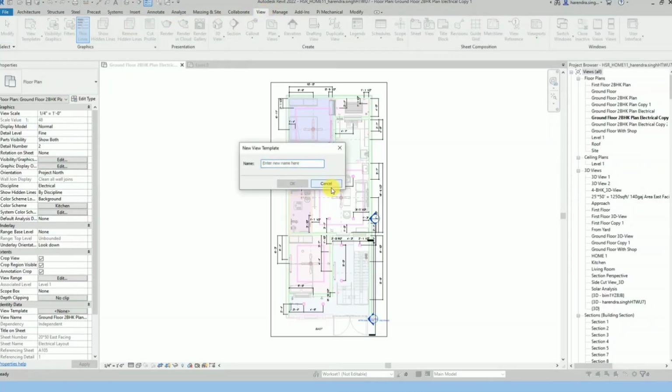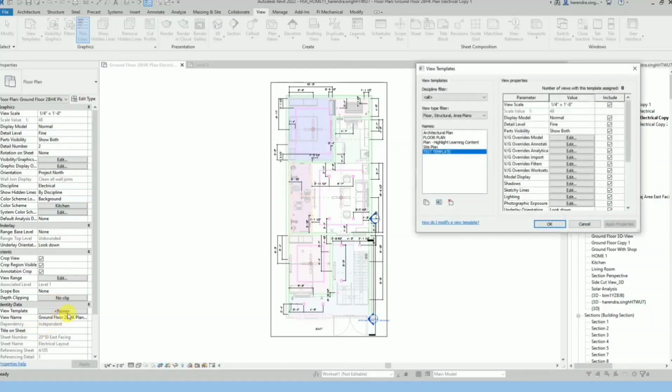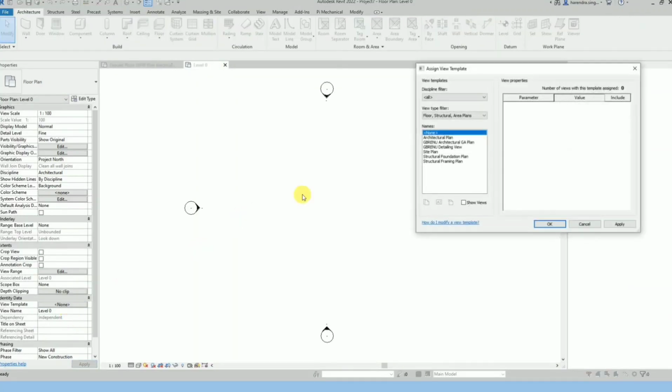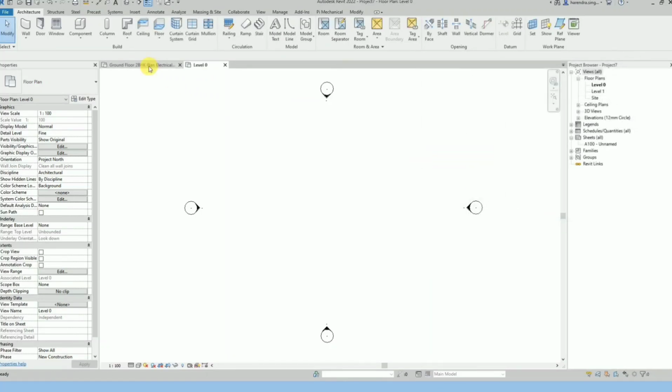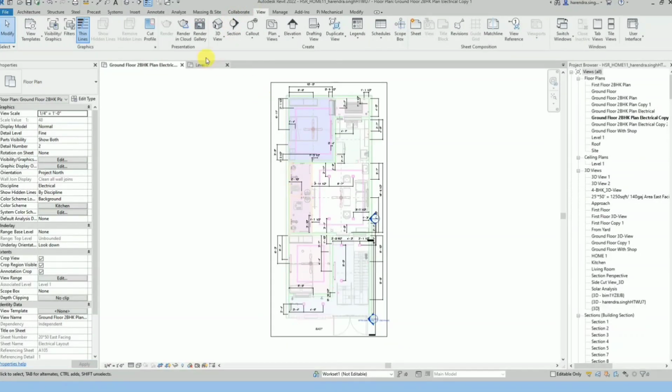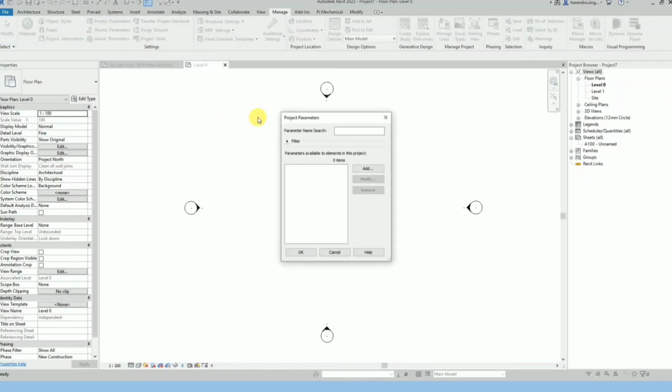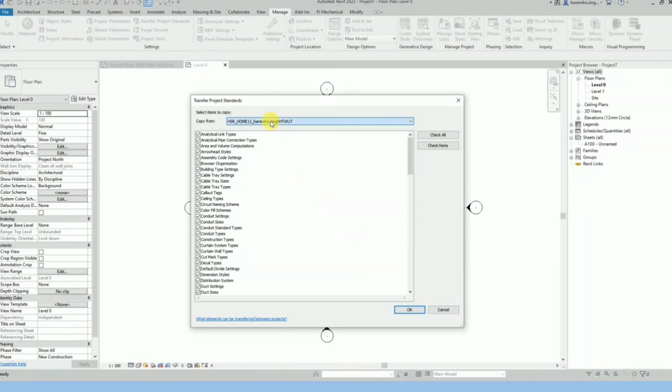So let us create a template in our existing previous model, named test template, and with template and filters both we will transfer into our new project. Here as you can see, we do not have the test template name. In this project we have test template and filters both. So go to our new project, manage, and go to transfer project standard. From the existing one, that is copy from, you will see here. Now you will select the view template and filters, and you can select all of them